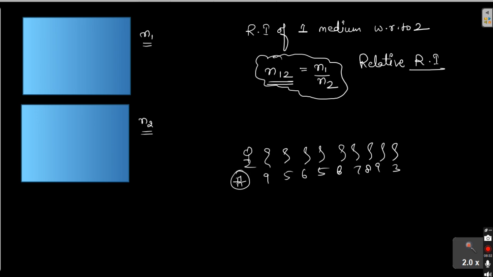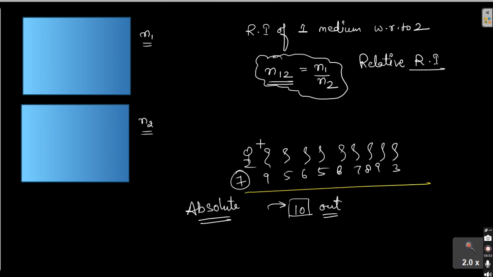So if we are comparing their marks with the standard value, that is 10 out of 10, if I'm just finding the ratio of their marks out of 10, that is absolute basically. We have a fixed value 10. But if I compare the marks of each and everybody by this person who is scoring 9, that is basically relative. This is A, B, C, D. So basically,